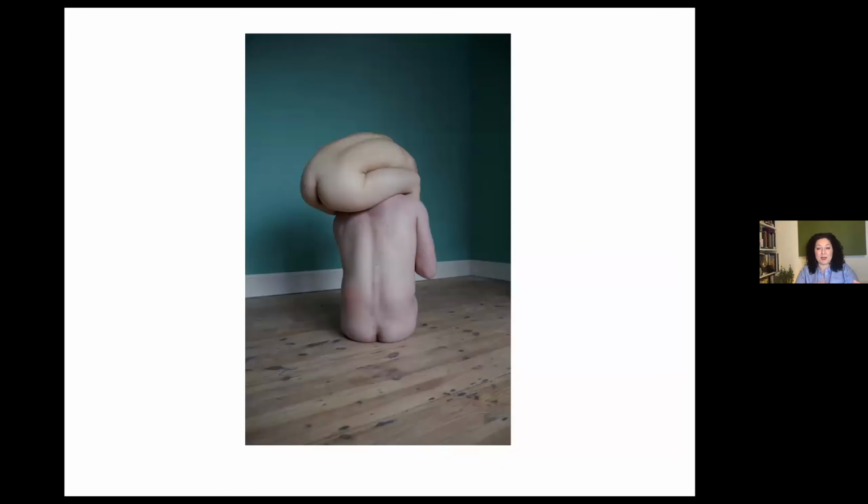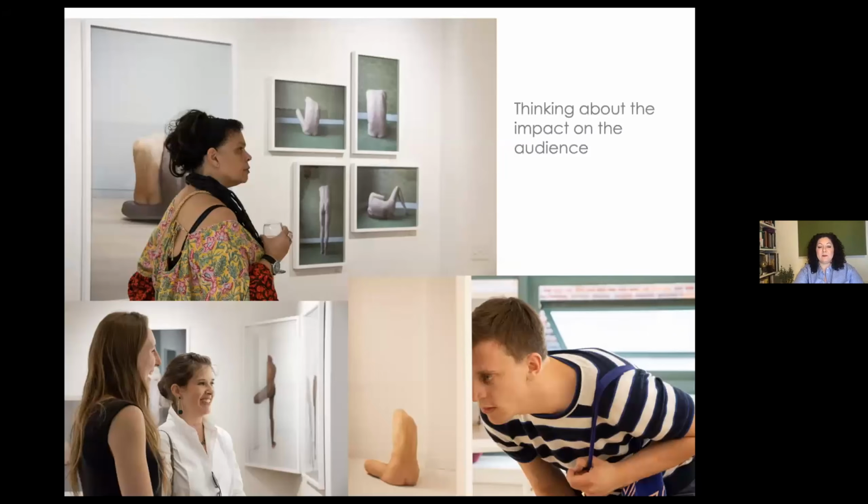So again, different color palette, different body type, skin tones, the environment's changed. There's something quite witty and fun about this. And how you could view them. So even the space itself, we had works which were on stands in the middle of the room. We thought about the impact to the audience, so they actually had to bend and look at things differently, because otherwise, if they were all just in a neat row, yes, you'd address them and look at them closely, but there was something about the physicality of viewing them and looking at them in different sizes and different configurations, which really